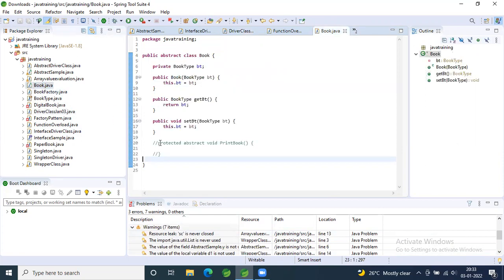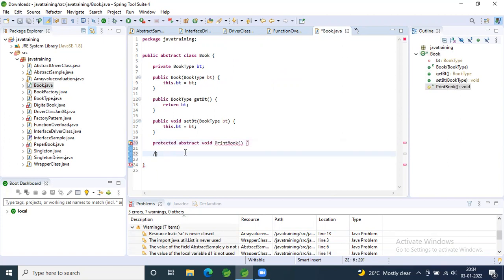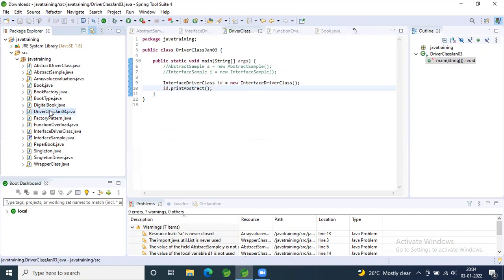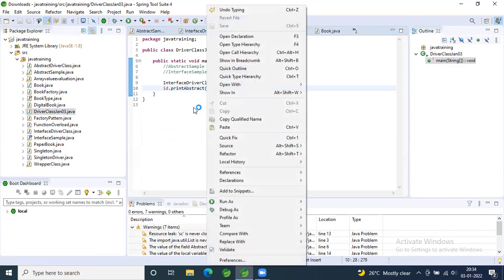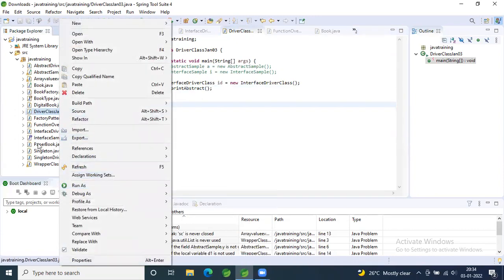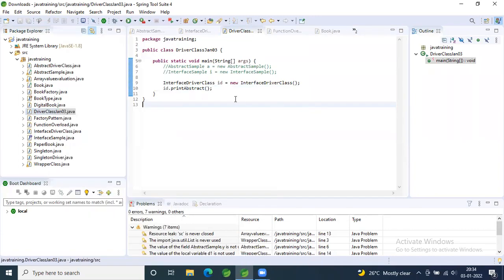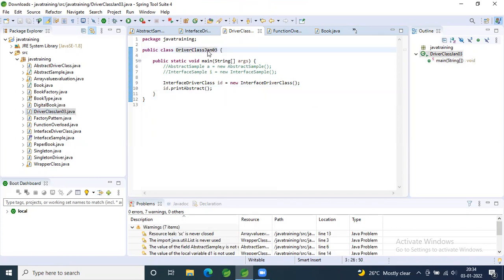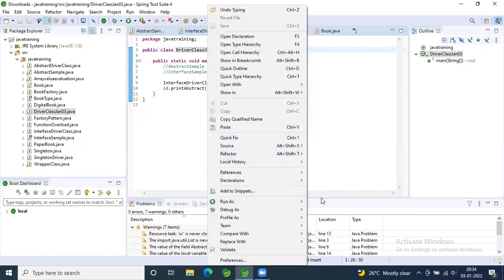Don't go to the package. Just within the same class, within the editor, right click and run as Java application.